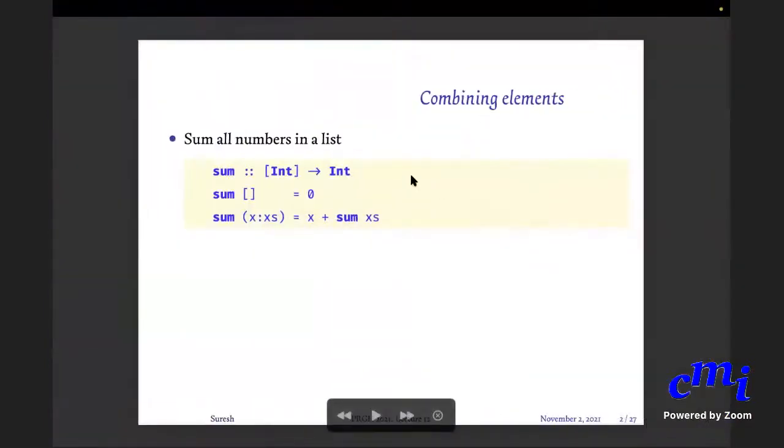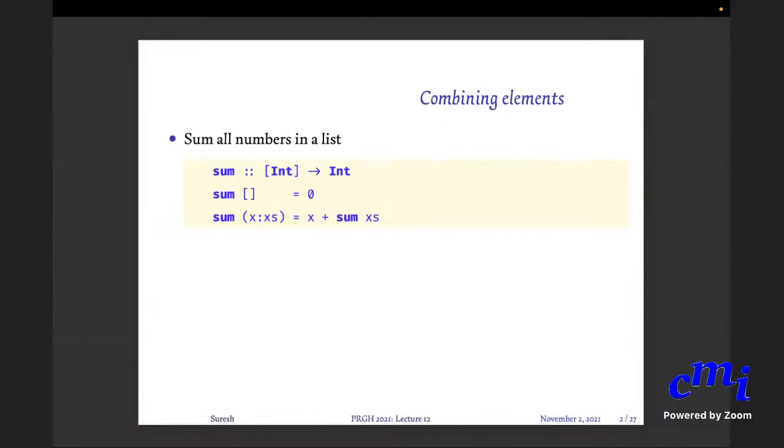Okay, great. So we looked at this example. So for folds, there is a left fold and a right fold. We'll see both, and this abstracts out this particular pattern. We already introduced these patterns, map and filter. Map takes a list, applies a function to every element in the list, and produces an output list. The output list is the input list where every element has a function applied on it.